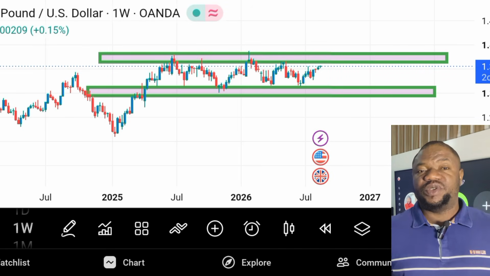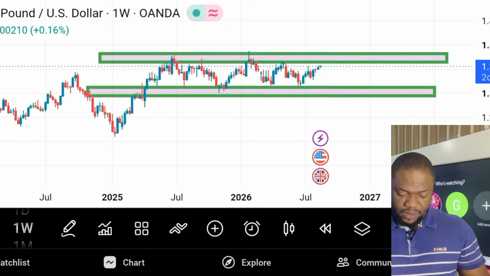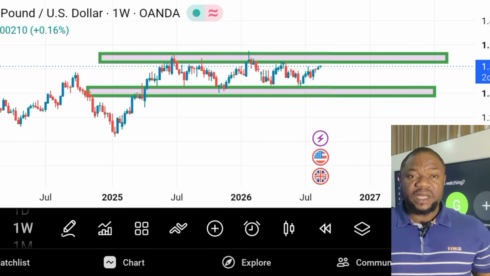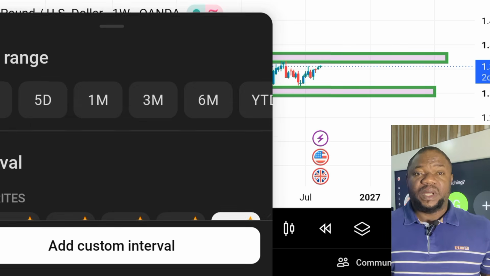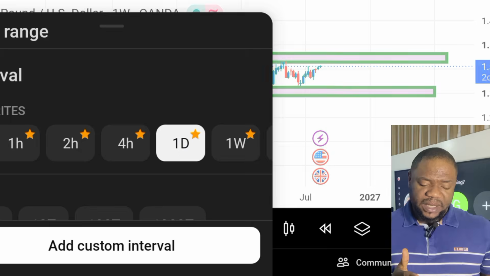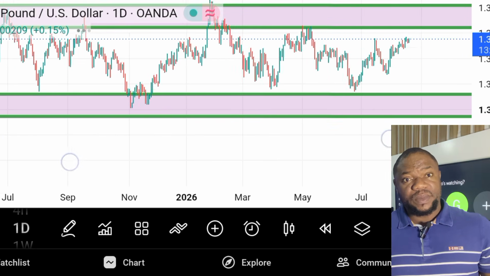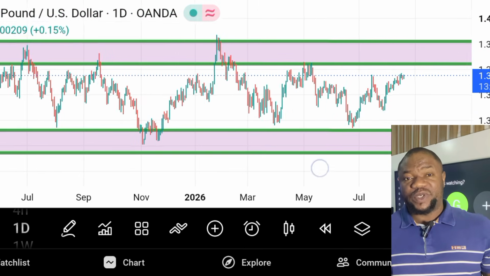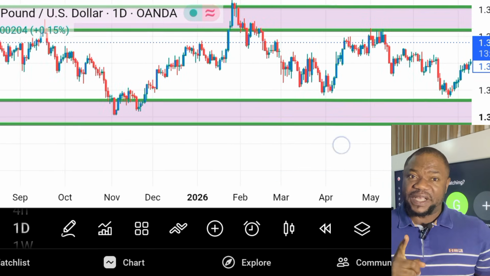Now, before I take a trade, this is the first thing I do. The very first thing I do. Firstly, I open my chart. I try to identify the direction of the market. Is it going up or coming down? Is it an uptrend or a downtrend? Okay, before I buy or sell, that's the first thing I do, because